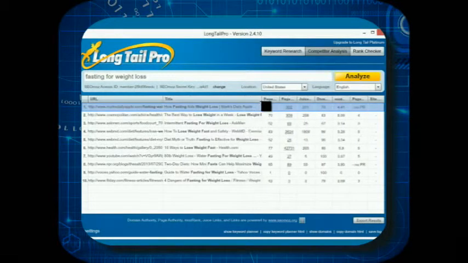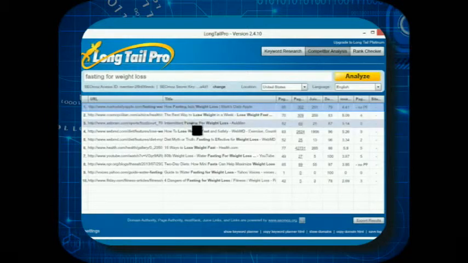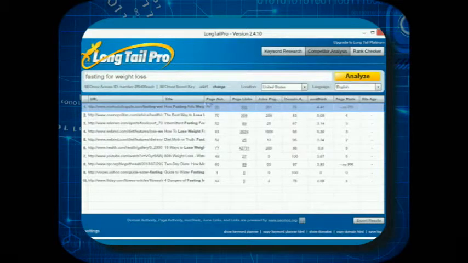And the second thing is to check the same in the title. So I got only 4, and check page authority here. The lower the page authority, the better to target. And the page links depend completely on your backlinking strategy. And the domain authority: the lower the domain authority, the better to target. And the page rank. Here we got no page rank.